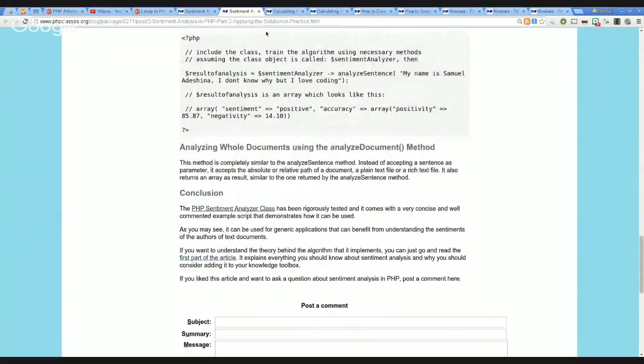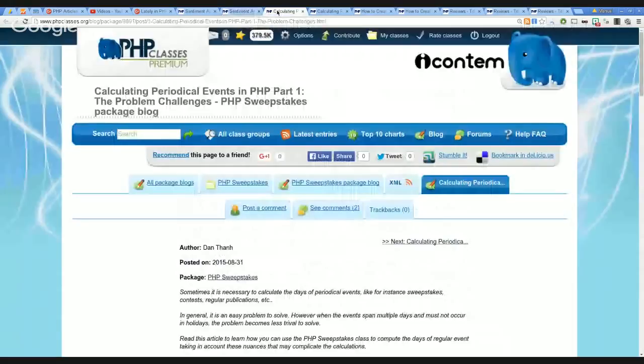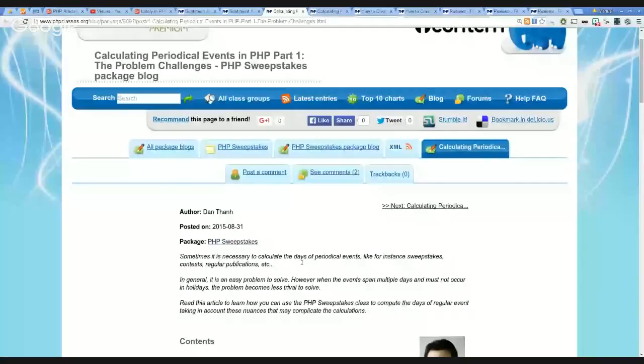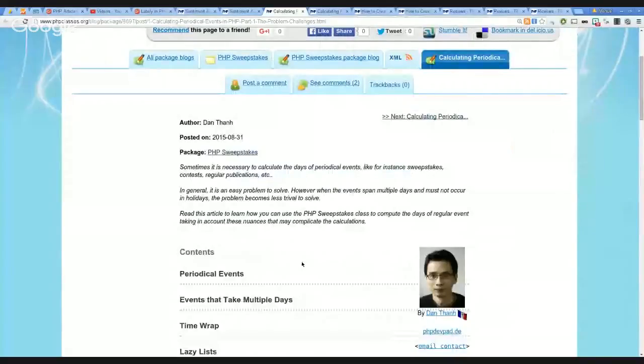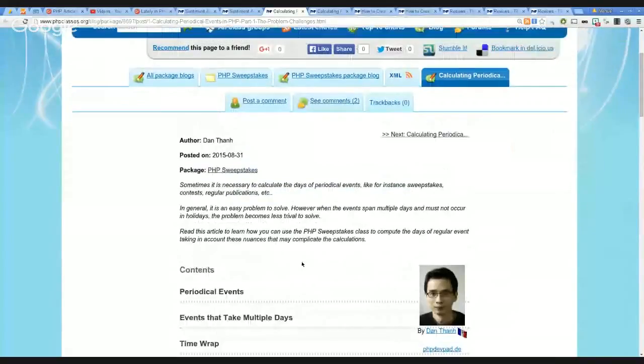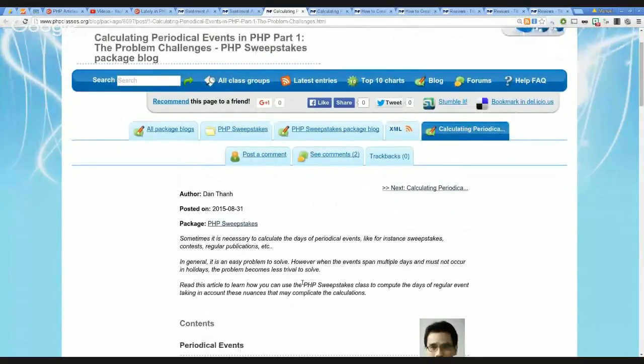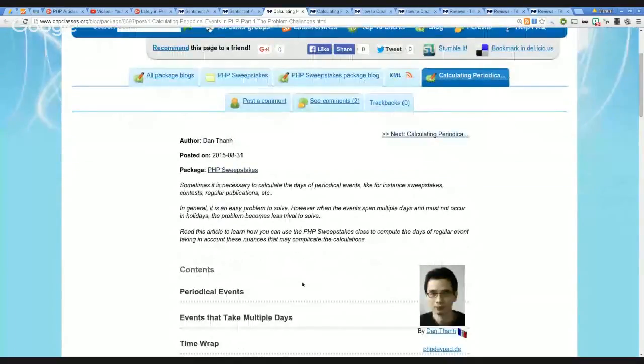Now, the next article I wanted to comment on is about a package by Dan 10 called PHP sweepstakes. Basically, it can calculate periodical events. Usually periodical events are spaced by a fixed amount of time, but in some cases it can get complex. For instance, when there are holidays, you probably need to know the holidays and skip them. And if the event takes multiple days,